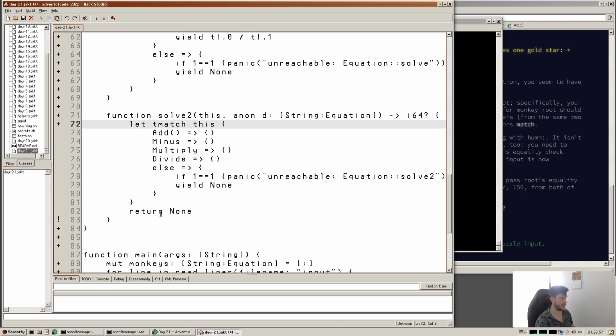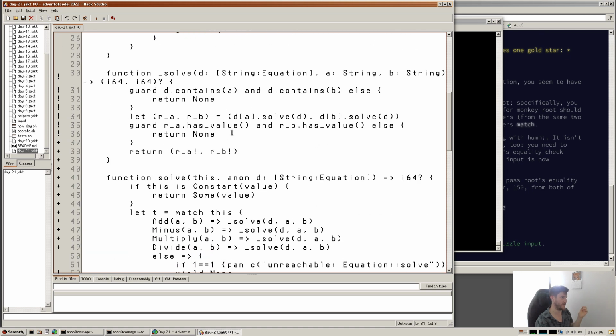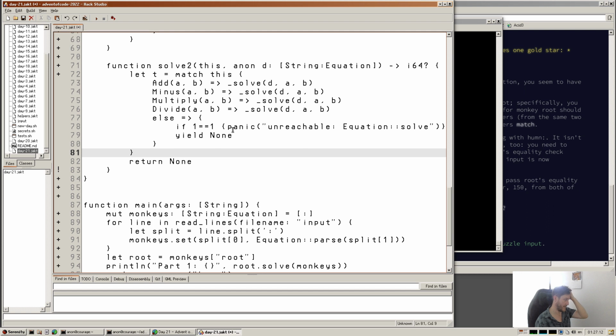That is roughly what we want to do. That's just solving both halves, and it returns none if it can't solve either of the halves, so that's not quite what we want. We want to return both halves even if